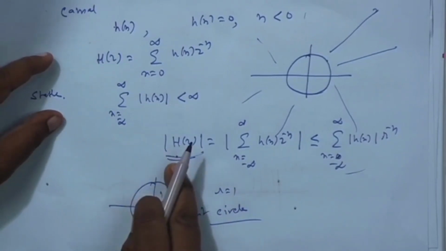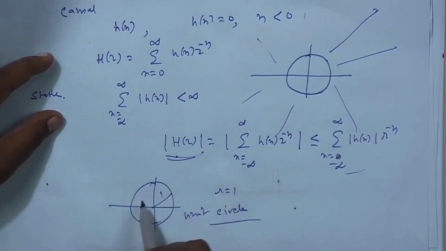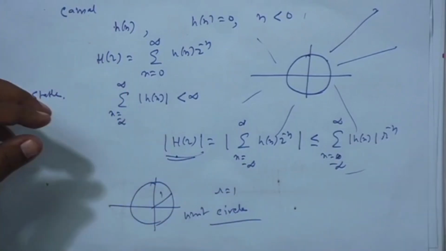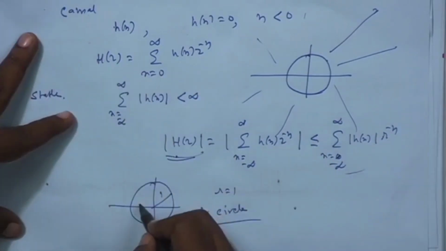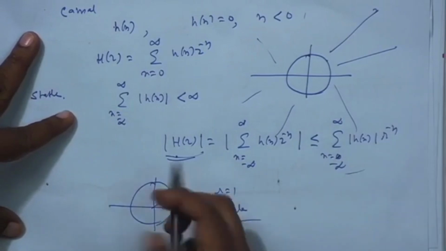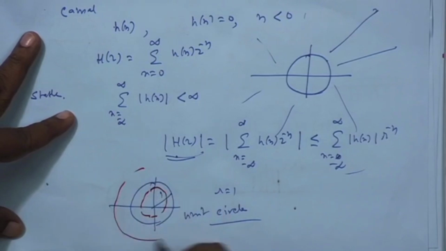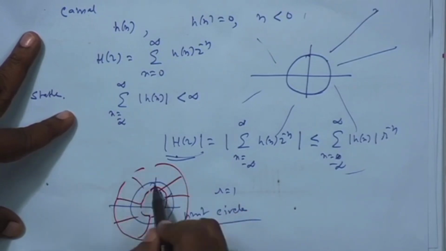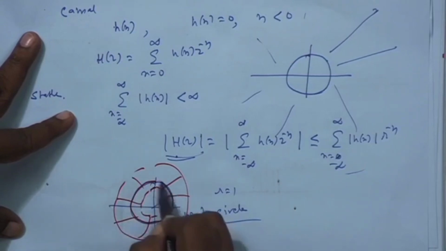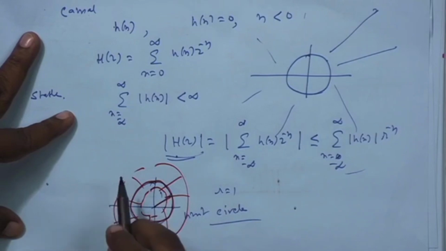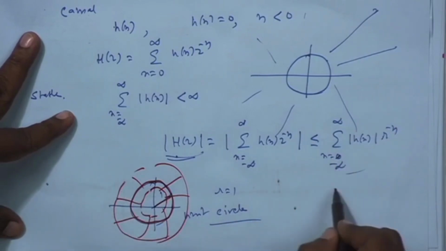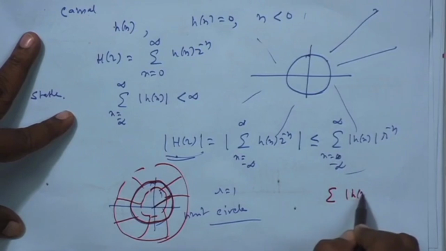So, if the ROC of H(z) is both sided, it will be between two circles, okay, between two circles. But if it is like this, one inner, one outer, and this is the ROC of H(z), but it includes this r equal to 1, the unit circle, then what will happen? This right hand sum just becomes